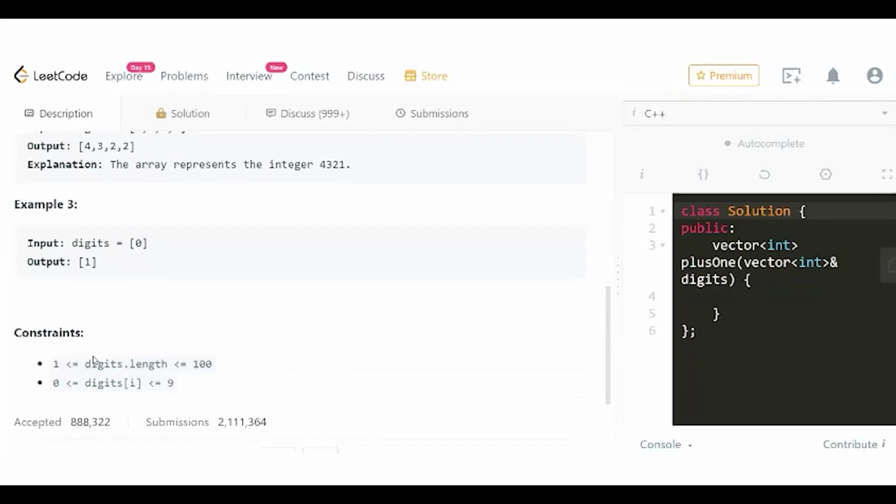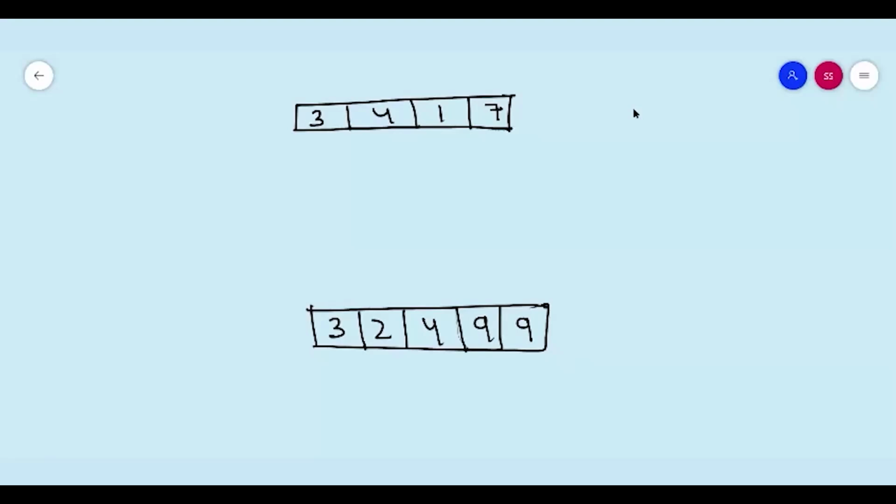The constraints for this problem are the length of digits lies between 1 and 100, and each individual digit lies between 0 and 9. Let's start by understanding what the question is asking of us. Let's say for an input array 3417, what this denotes is the number 3417, or simply, 3 is the most significant digit and 7 is the least significant digit, it will be